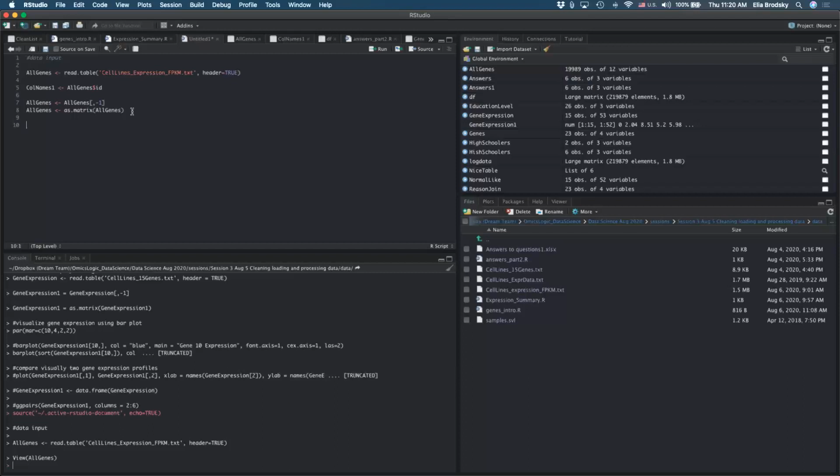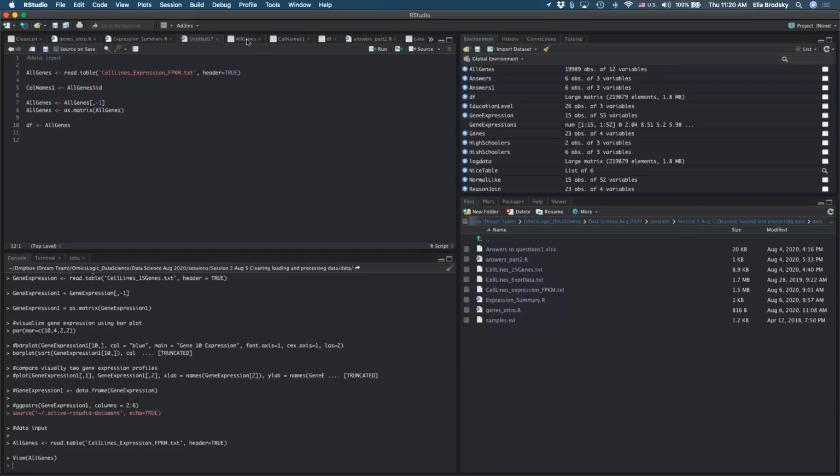Okay. So let's see now, because we're going to be playing around with both the log scale and non-log scale, I'm just going to create a data frame, right? And what I'll put in the data frame right now is all genes. How do I make a log transformation, right?